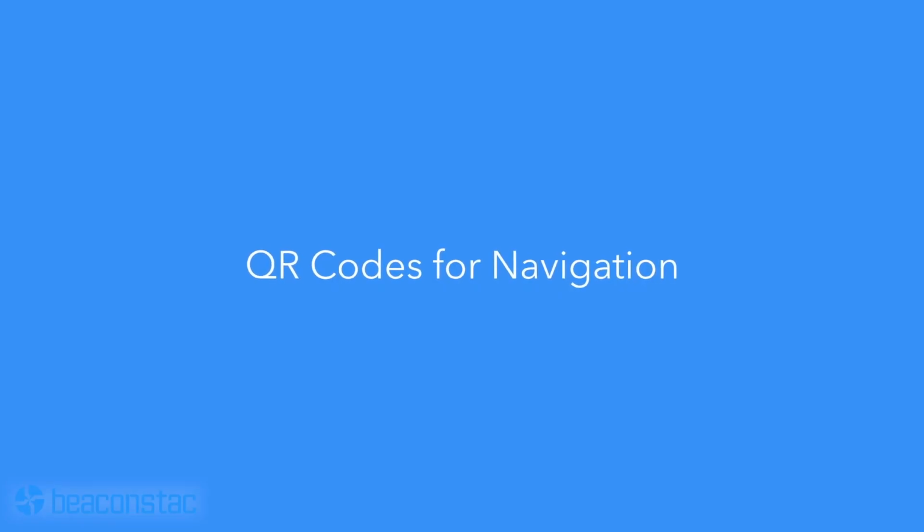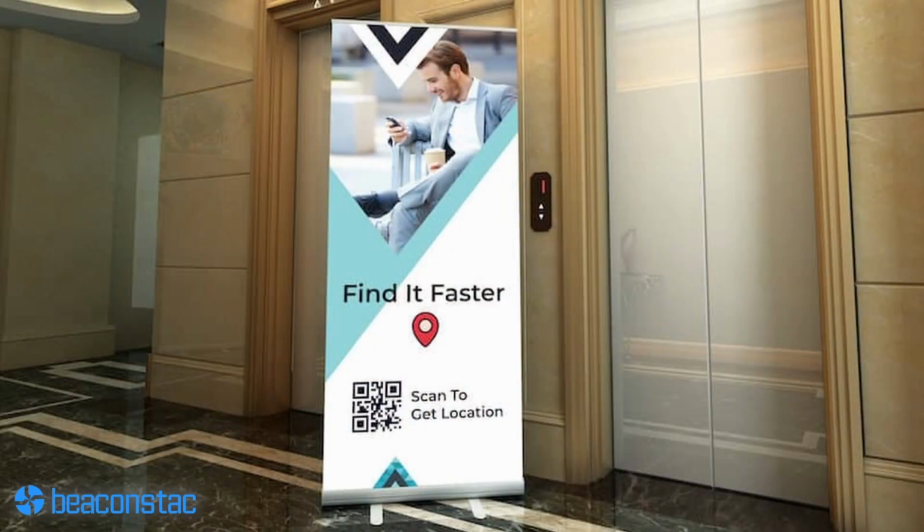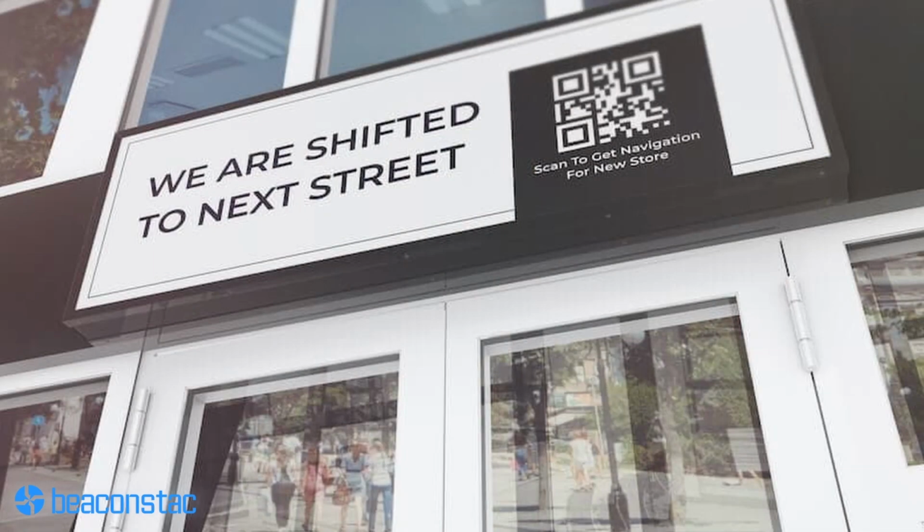QR codes for navigation. Make it easy for customers to navigate to your physical store with a location QR code by using Google Maps or Waze. Place these direction QR codes on billboards, business cards, posters, and more. For creating a Google Maps location code within Beaconstack, you don't even have to copy-paste the link. Simply enter the location on the dashboard and you're done. Add a Google Maps logo or your business logo with a compelling CTA to guide foot traffic to your store.